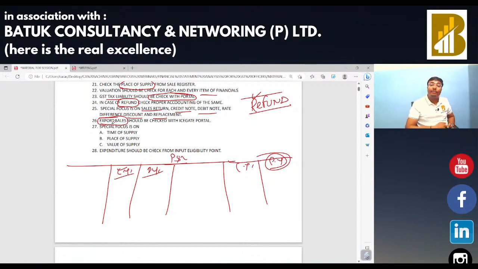You need to check the same. Okay, and if there is drawback at a higher rate, in that case you need to reverse the particular refund amount. So this is the trick on which we need to do the work: if there is export, first I need to reconcile the sales from the ICEGATE portal. Then I need to check whether any type of drawback is there or not. If there is a drawback, we need to check whether it is at a higher rate or lower rate. If the drawback is at a lower rate, in that case everything is okay. If the drawback is at a higher rate, then we have to see that the higher drawback